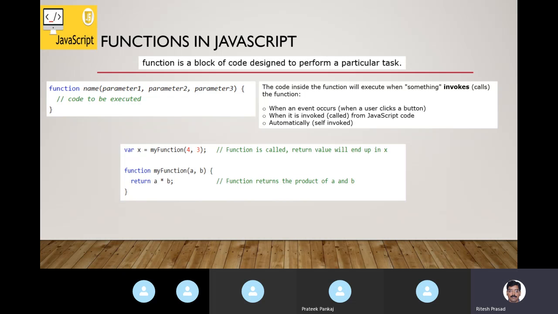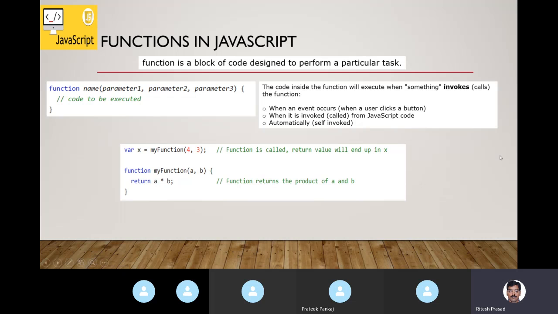Otherwise, your function definition is not available to the execution environment. So sometimes it may be a problem if you define a function later than the call, it may not work. Basically, it is on the sequence of loading. What is being loaded before the other? So that is something that you will have to be careful about in future, and you will know how to